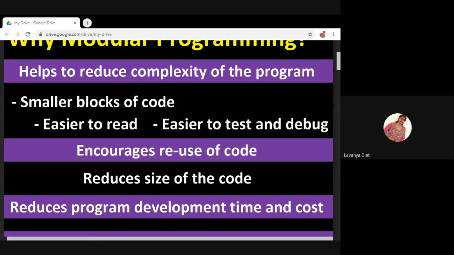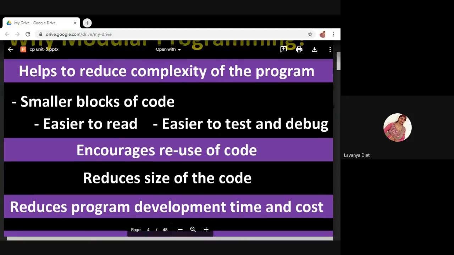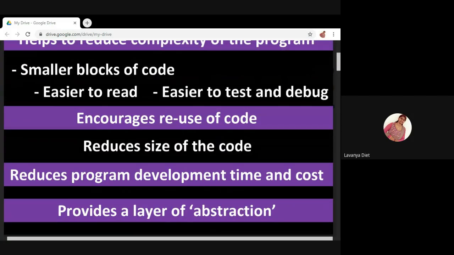And also it encourages reuse of code. Reuse of code means, for example, if 2-3 steps are repeating somewhere in your main program, you can put those repeated steps or instructions in a function.